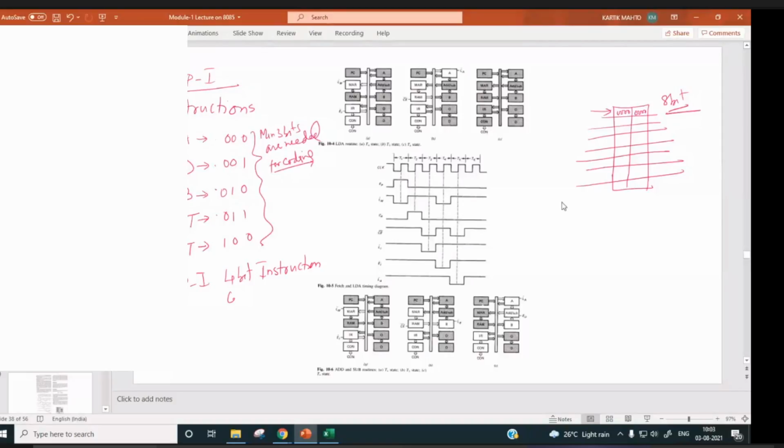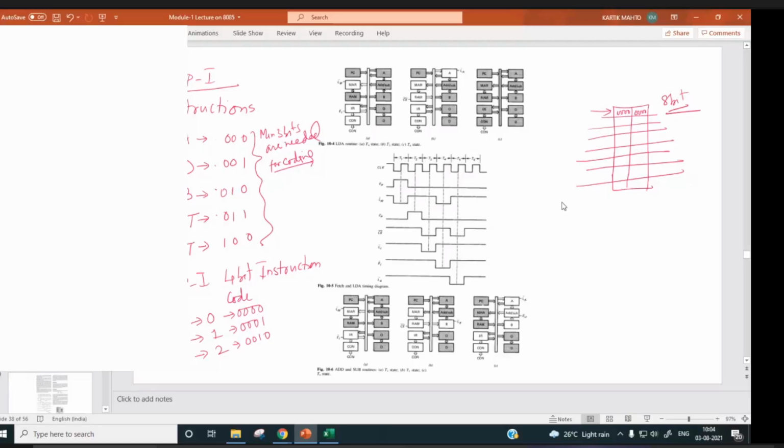For LDA, it is this 4-bit code, 0. For add, it is 1. This is the code, right? 4-bit code. For sub, it is 2. So it is 0, 0, 1, 0.